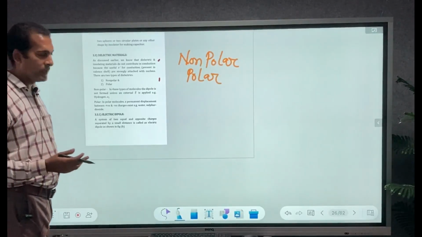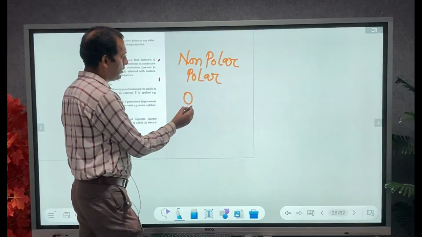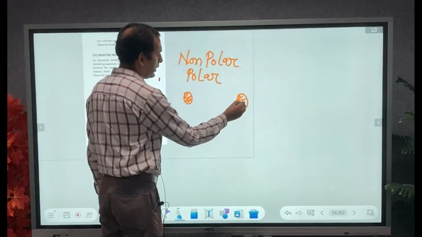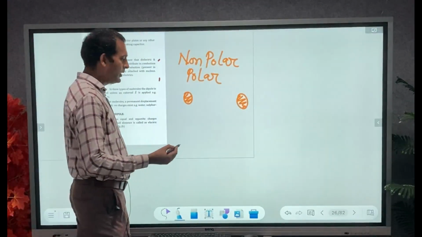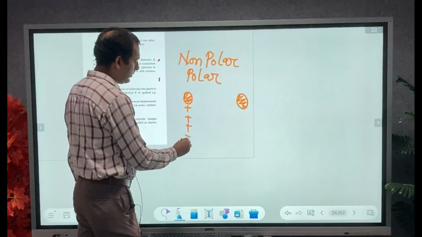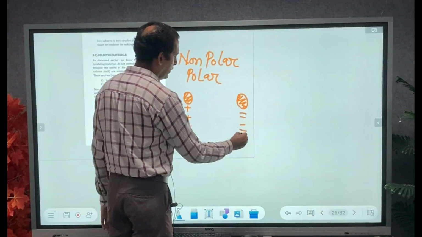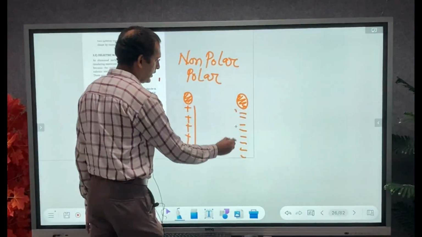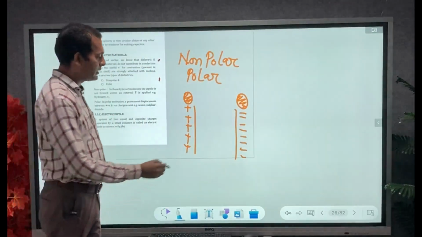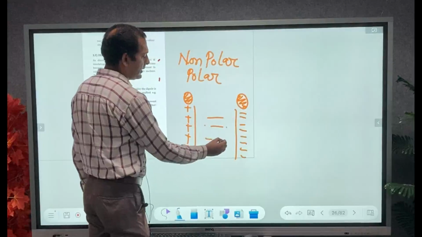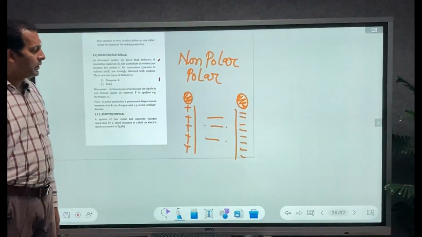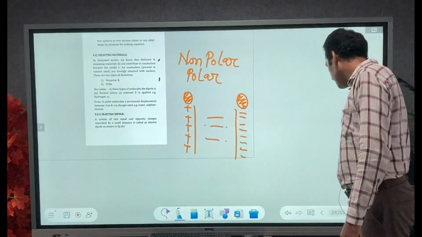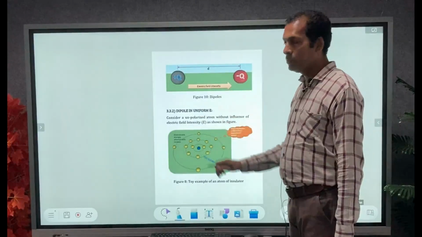So what is the dipole concept? Before understanding polarization, we have to understand the dipole. Dipole means two poles, two different places with different charges. One side there is a positive charge, another side a negative charge. For example, a capacitor with two plates with different charges, separated by a dielectric medium. Now how this dipole concept is related to polarization and dielectrics, we have to see here. So let us consider there are two charges.